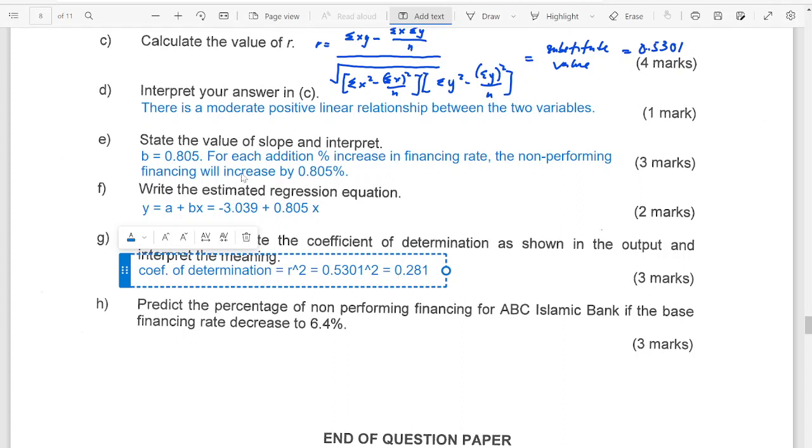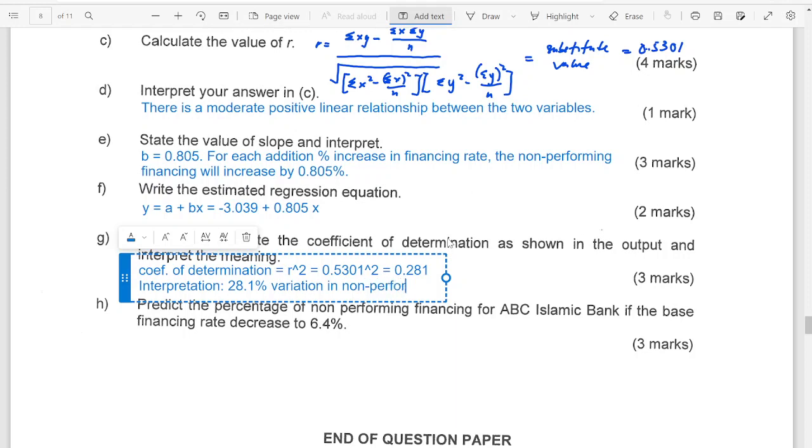And then you need to interpret. So macam mana interpret? So to interpret, you need to change the value here into percentage. So 0.281 is equal to 28.1%, right? So that means the interpretation 28.1% variation in Y. So what is Y? Y is non-performing financing. So that means 28.1 variation in